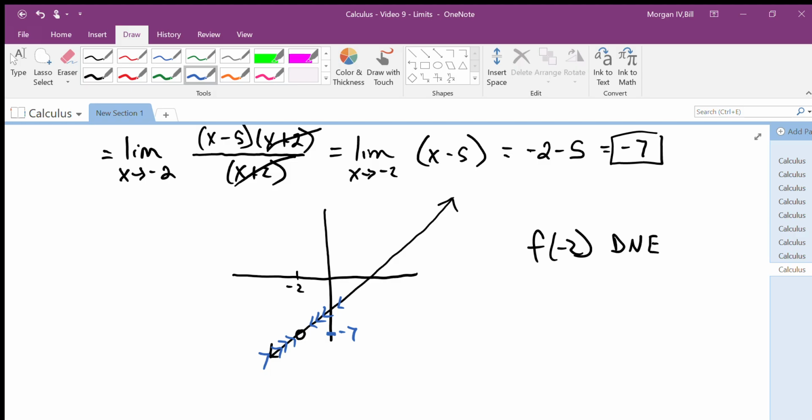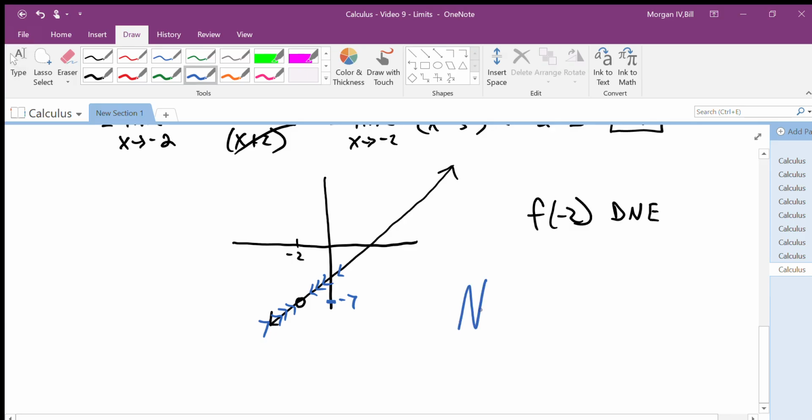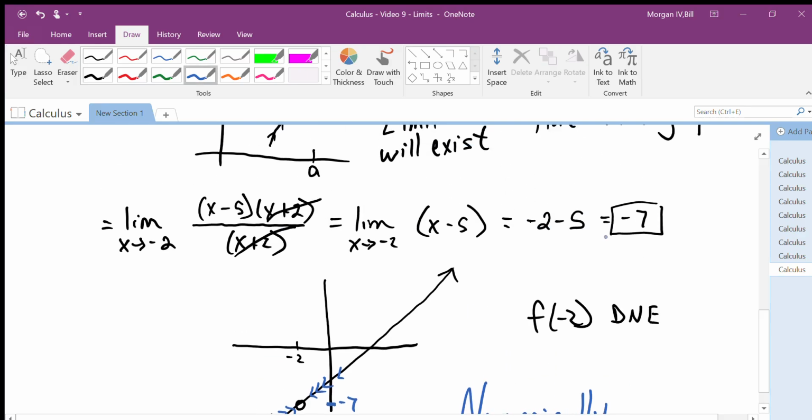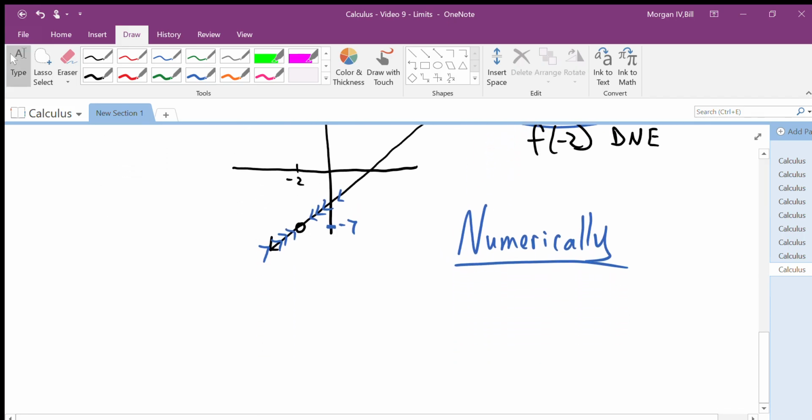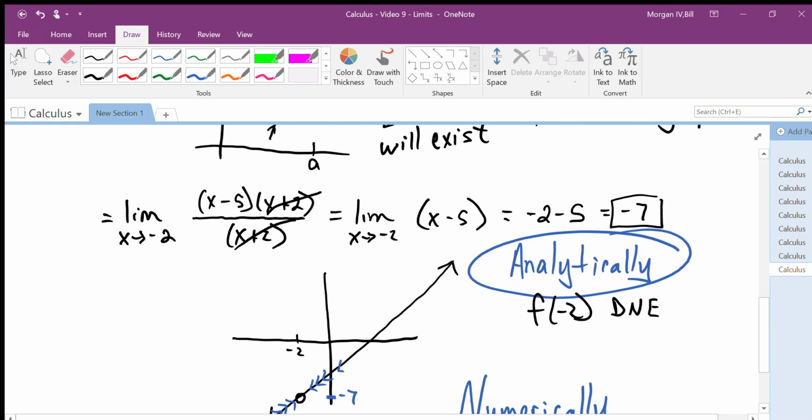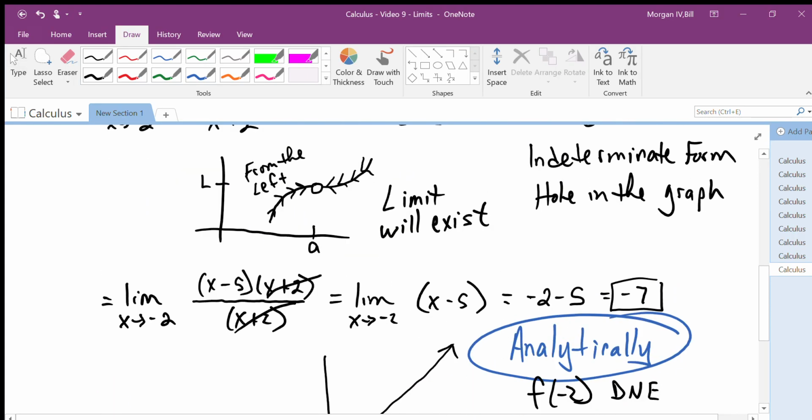If we wanted to solve it numerically, so if we want to do it numerically, this whole process up here was solving the limit analytically or algebraically. Numerically, we would simply plug numbers in next to negative 2, numbers that are really close to negative 2 to see what kind of value we'd get. So the original function was the limit as x approaches negative 2 of x squared minus 3x minus 10